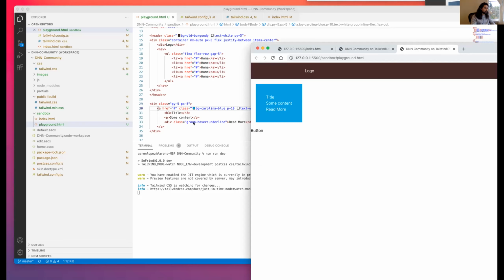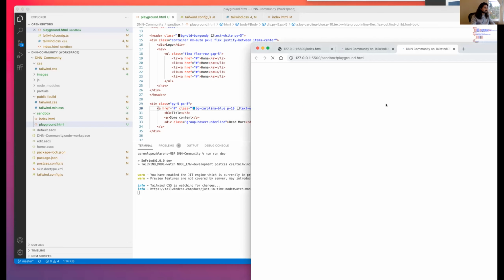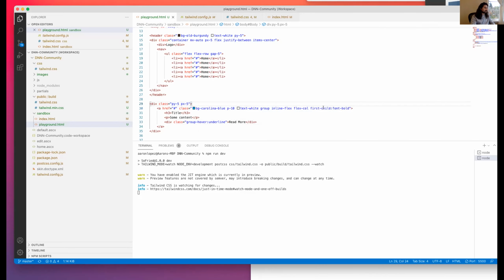You can do a lot more complicated stuff than that too, if you wanted to. So you can actually wrap things and then have groups. Like if I wanted to say first child, font bold, I think. Or is it first child? Oh wait, hold on.